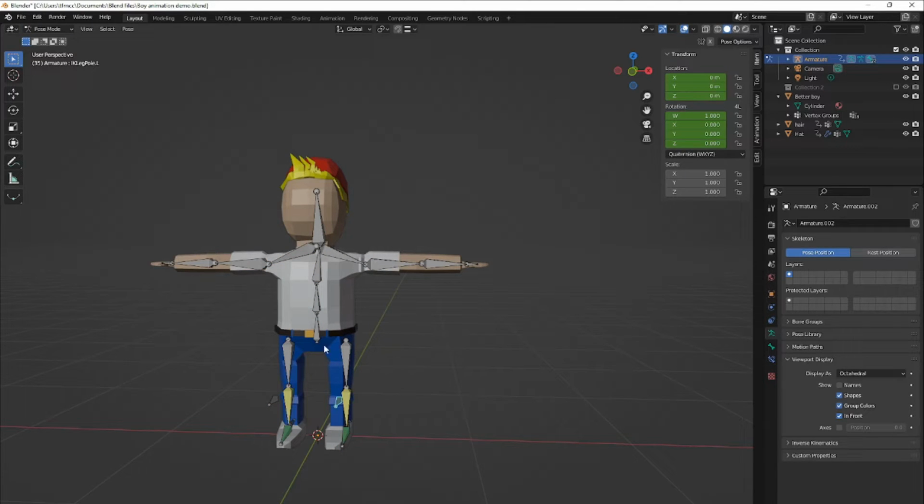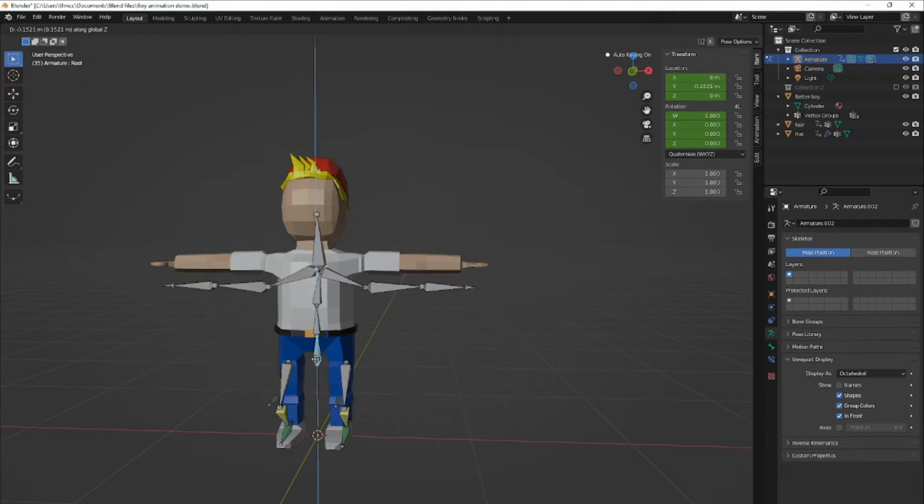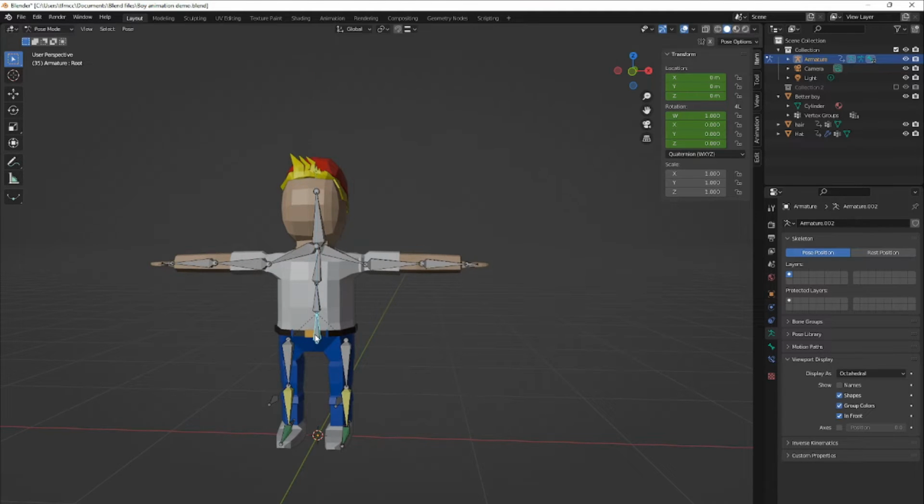So if I go into pose mode and select, say, the root, and I'm going to grab Z, you can see that the armature is working as it should. And in pose mode, you can see the legs are bending, but the character isn't bending, mainly because it has not been mapped to the armature yet. I realize I did not turn on